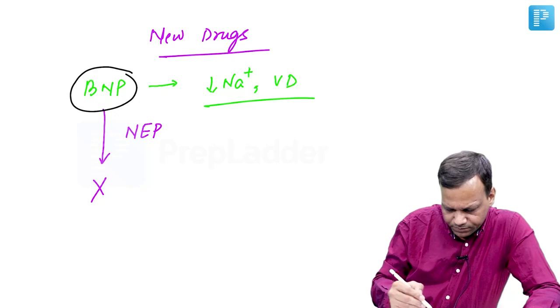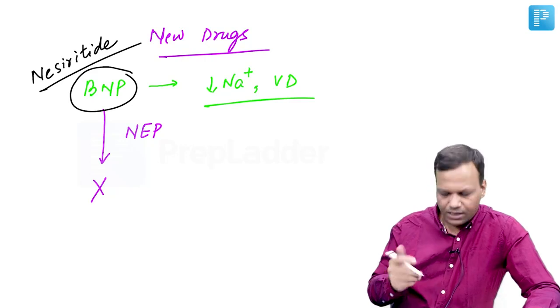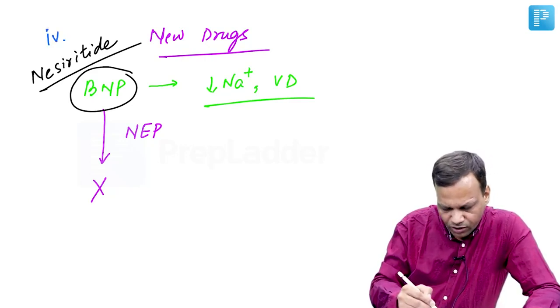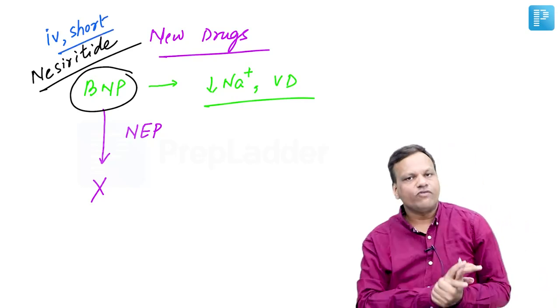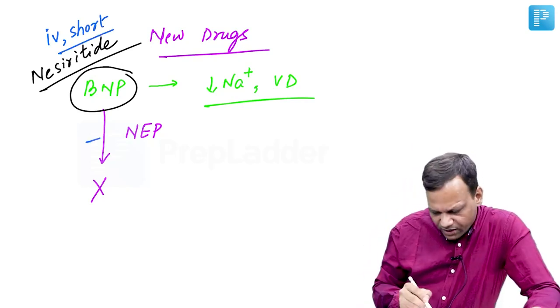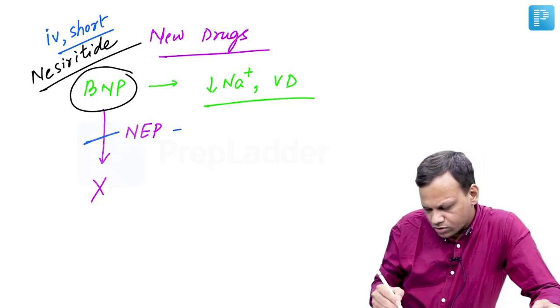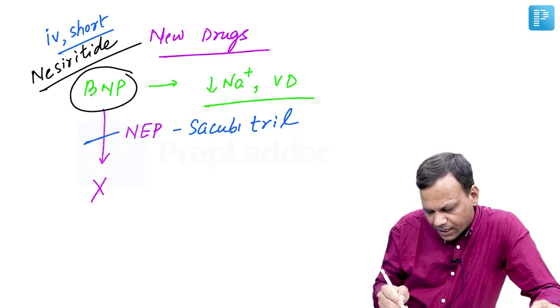The drug is nesiritide. This is recombinant BNP. Problem with nesiritide, number one, it is given IV, not effective orally, and second, it is very short acting. So it is suitable only for acute CHF. Second, we can give an NEP inhibitor or neprilysin inhibitor, the drug whose name ends with 'trill', like sacubitril, that can be used for